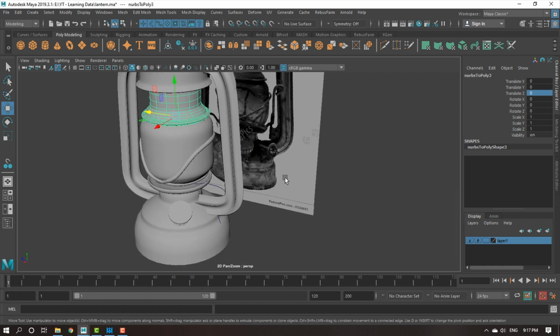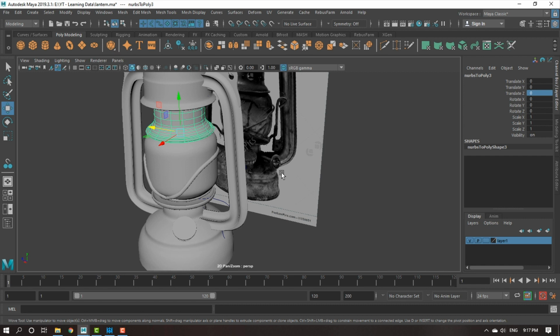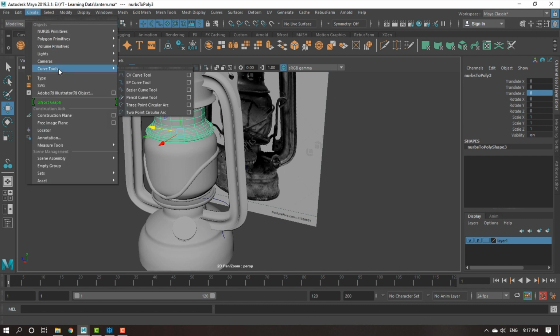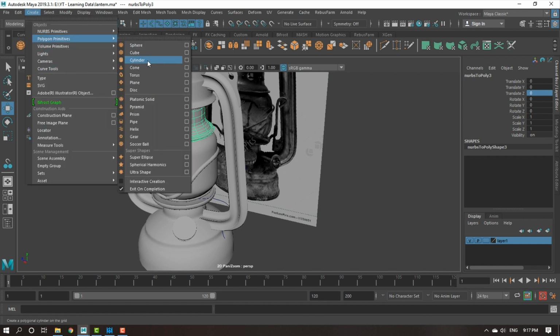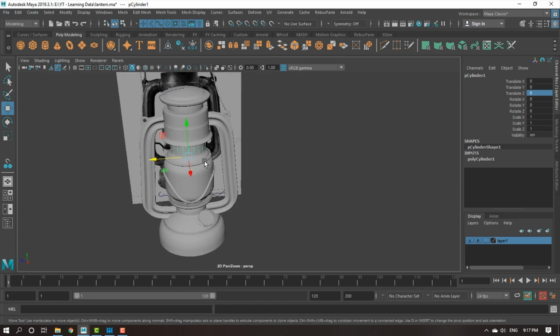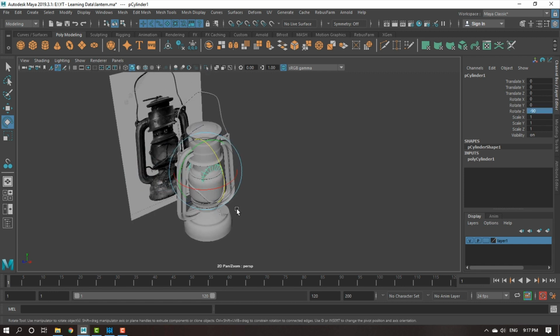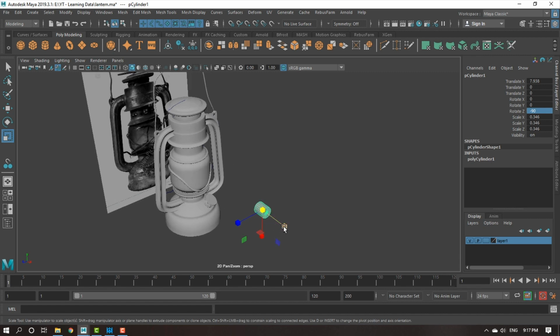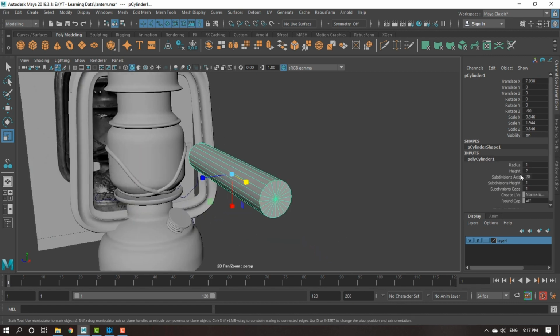Yeah, one last thing is I forgot to do this thing. Let me just go here to create polygon primitive cylinder. Let me rotate it minus 90 degree, and let me pull it out, something like this.